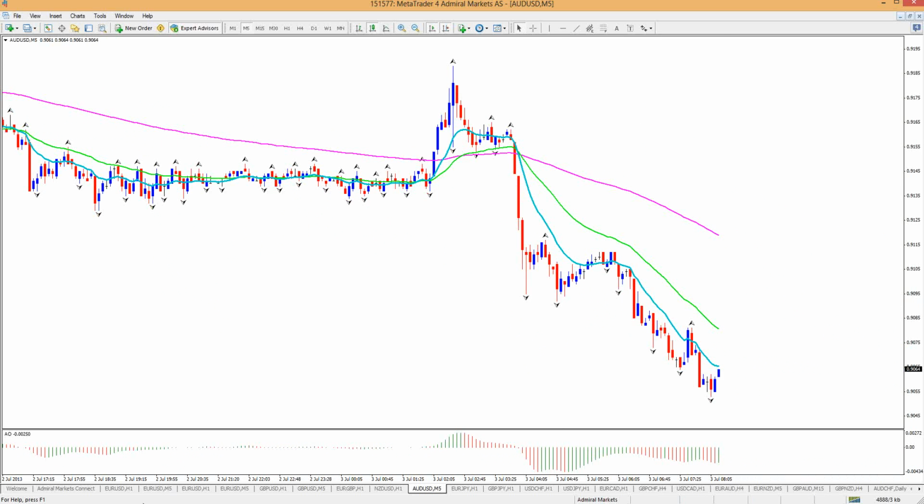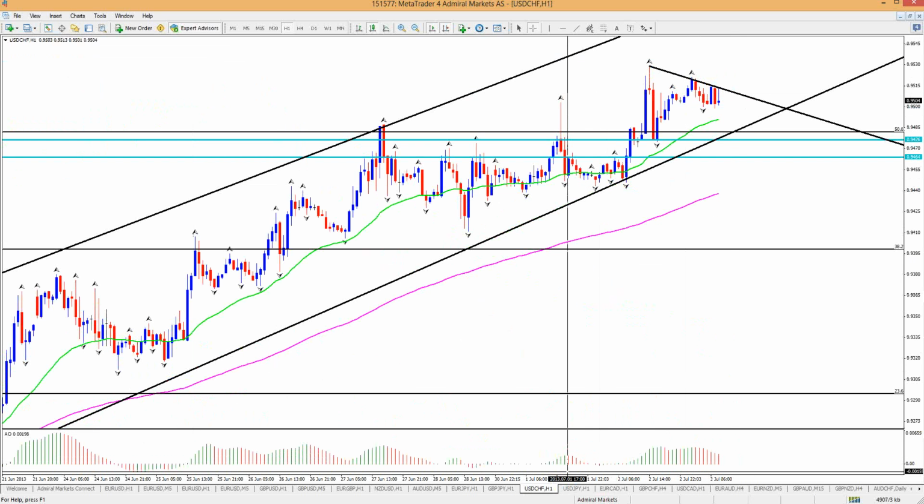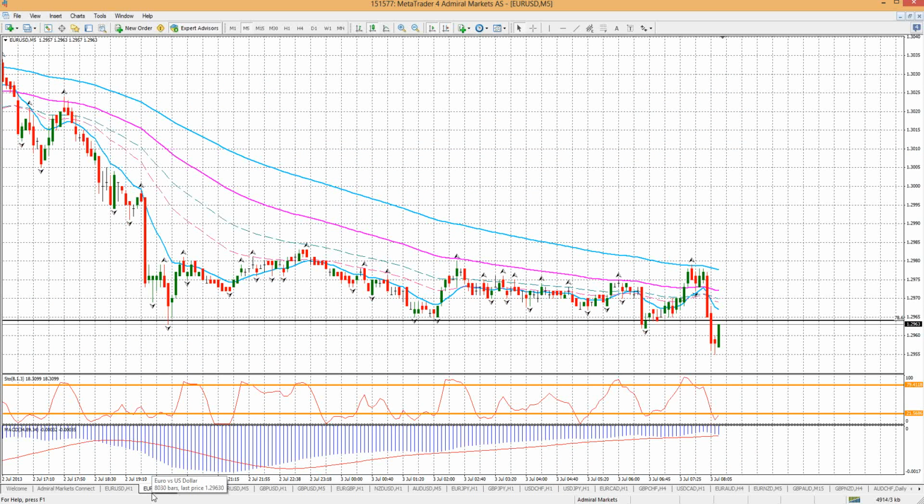Alrighty, let's take a look at the euro. Yeah, the fibs. Graham was asking. Okay. But if you have any currency you would like to see, just let me know, okay? Otherwise, I'm just going to go through all of them eventually, but if you have a preference, let me know. Otherwise, the dollar yen, maybe dollar Swiss are interesting for trendline breaks, or continuation trades to the upside of the dollar, right? And the euro pound too, right?